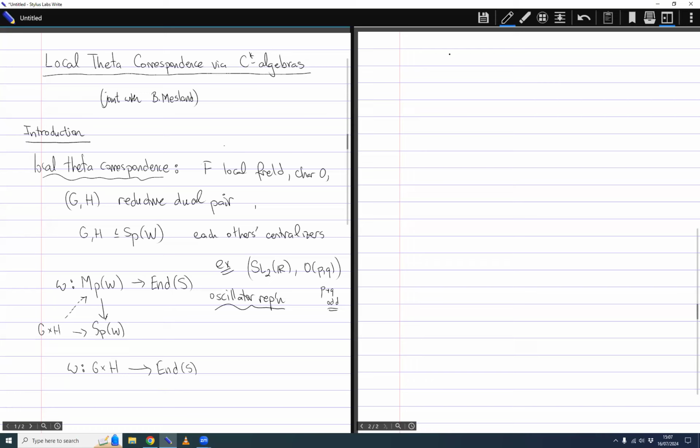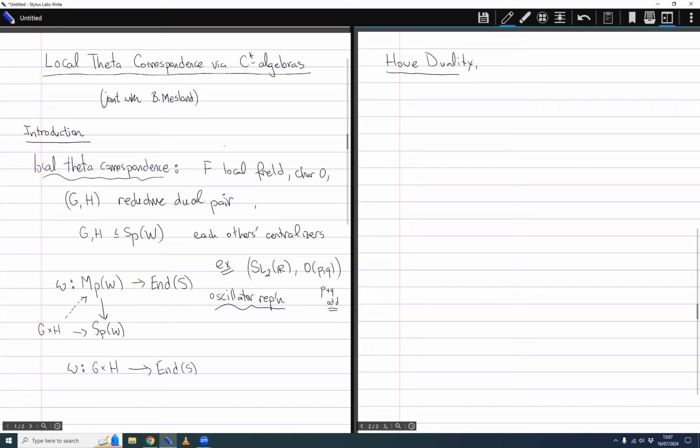And the Howe duality, or local theta correspondence, can be described very easily. Once you have this oscillator representation split, you see it as a representation of G cross H. The idea is that it's a branching problem. You want to decompose this representation of the ambient big group as a G cross H representation. The recipe was conjectured by Howe and then proven by Howe, Waldspurger, and other people,